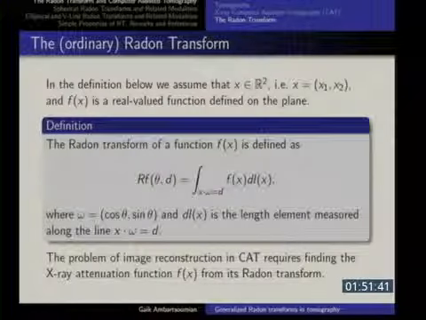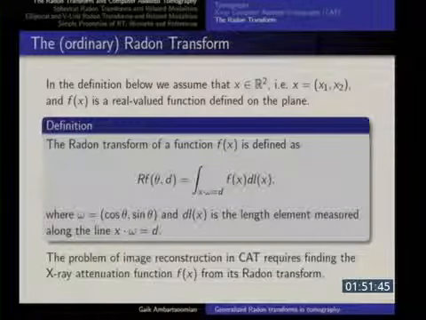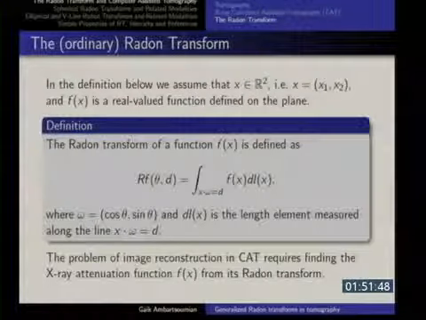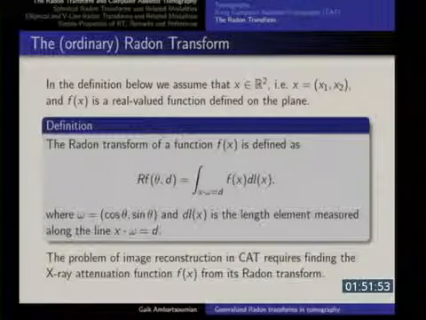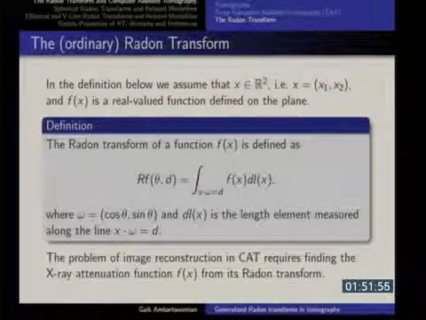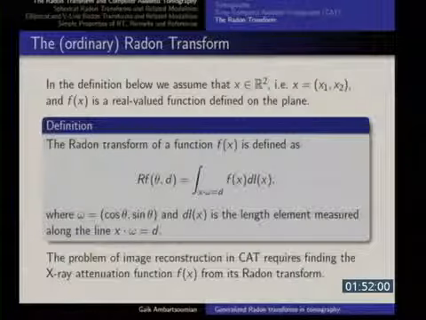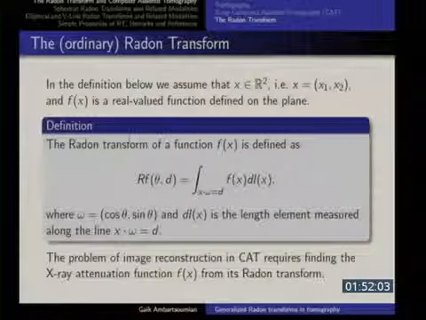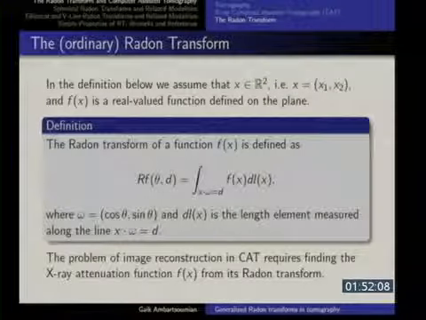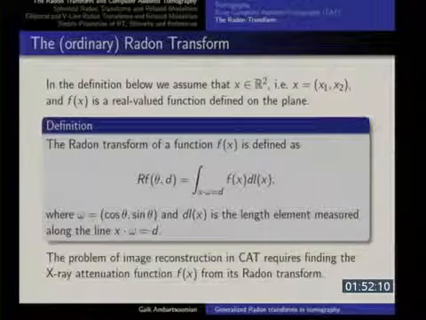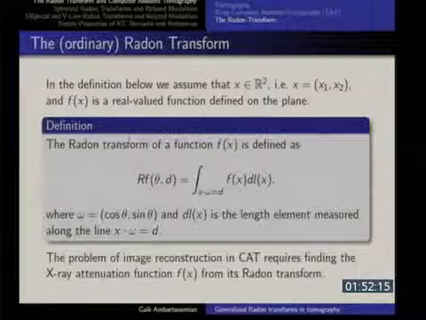So there's some vocabulary issue. The transform that integrates along straight lines is usually called the X-ray transform. The word Radon transform, if I'm in R^n in general, is a transform that integrates along hyperplanes. So for example, in R^3, the word Radon transform means a transform that integrates along planes. If you want in R^3 a transform that integrates along lines, we call it the X-ray transform. And of course in R^2, these two things coincide, right? So just so that you know that the word Radon transform in this case is the same as X-ray transform.